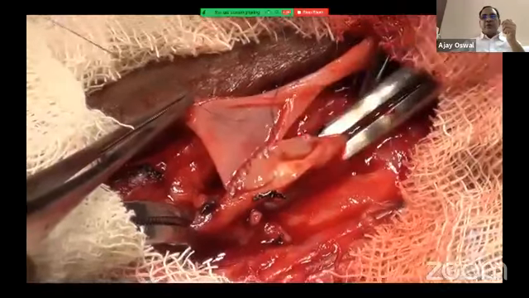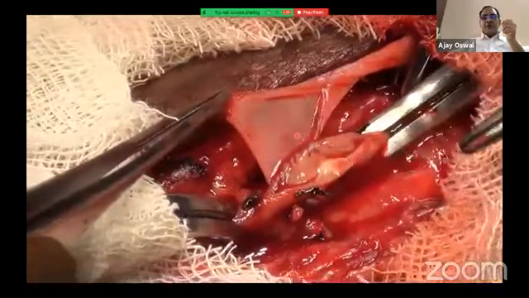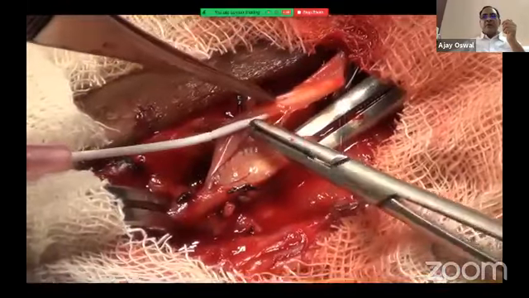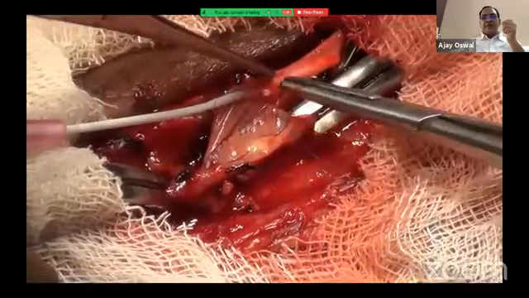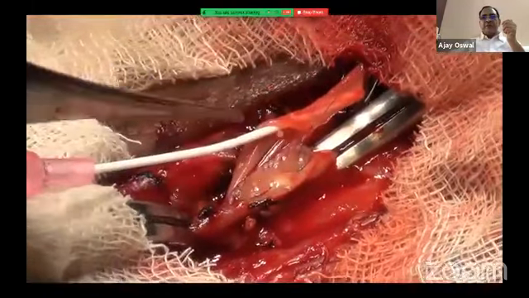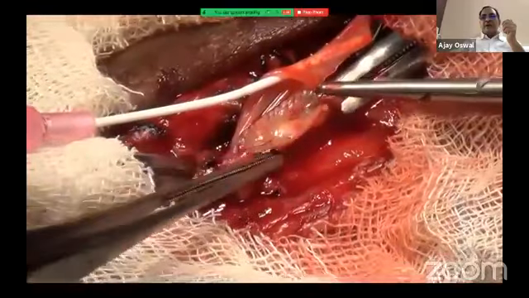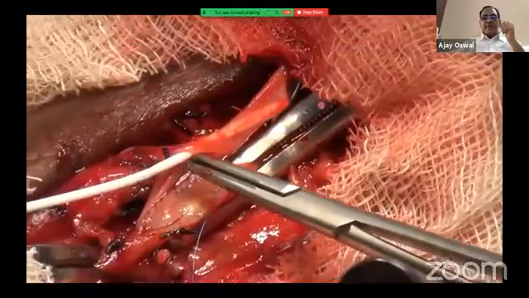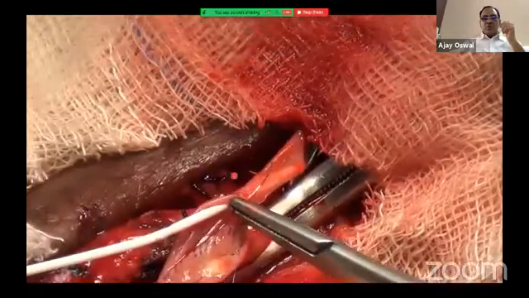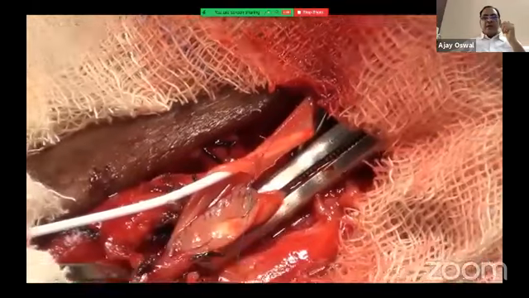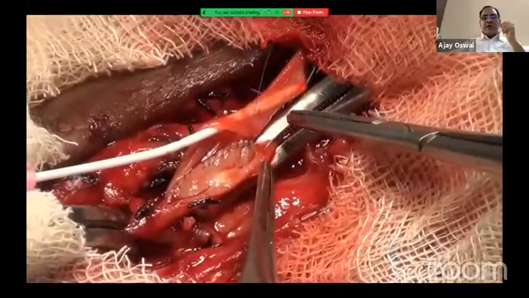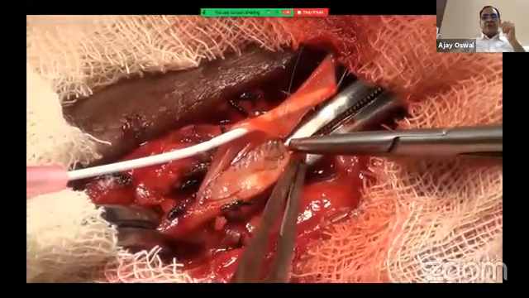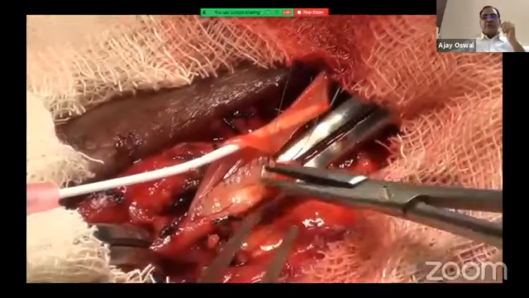I usually do not give heparin even before the start. This intracath is put just to ensure that I do not take a bite of the opposite wall of the cephalic vein. This is the angle of the cephalic vein, but this is not the angle of the radial artery. I'll tell you that in the next slide, why I am doing this. So, the angle of the radial artery is being taken now outside in under magnification and illumination so that we avoid taking a bite of the opposite wall.